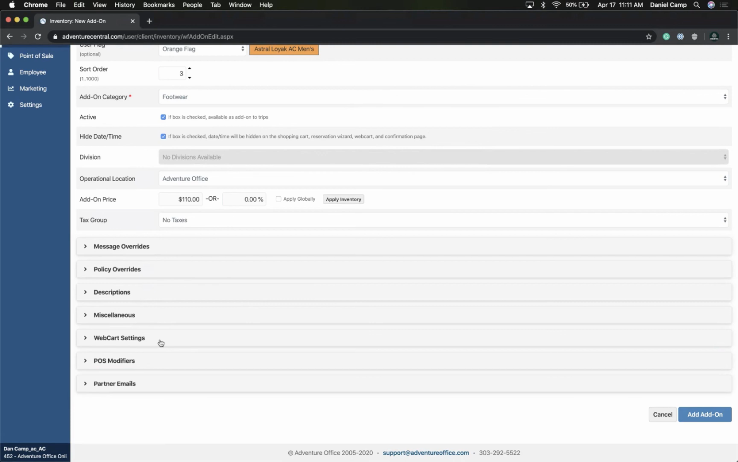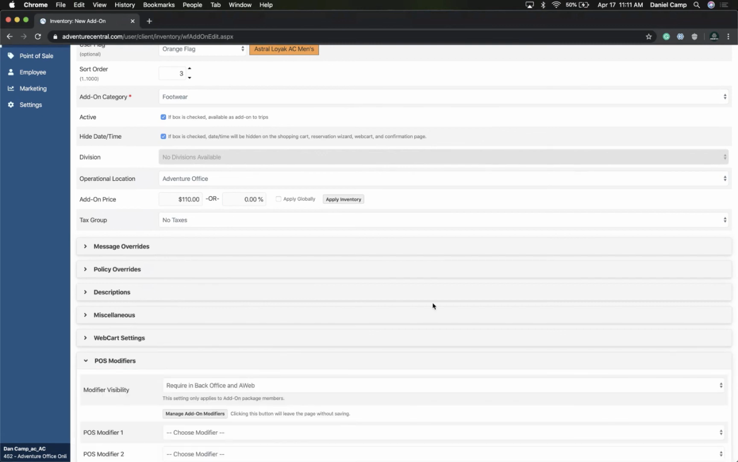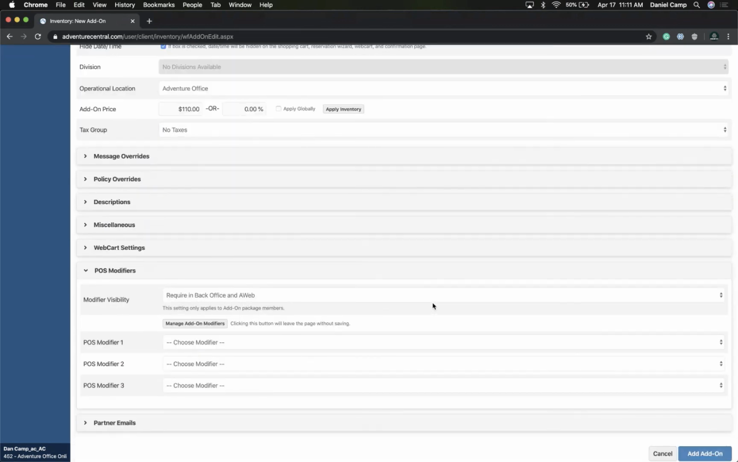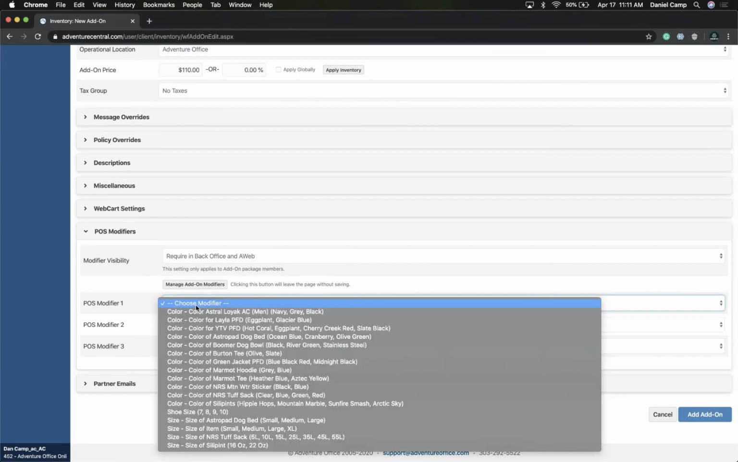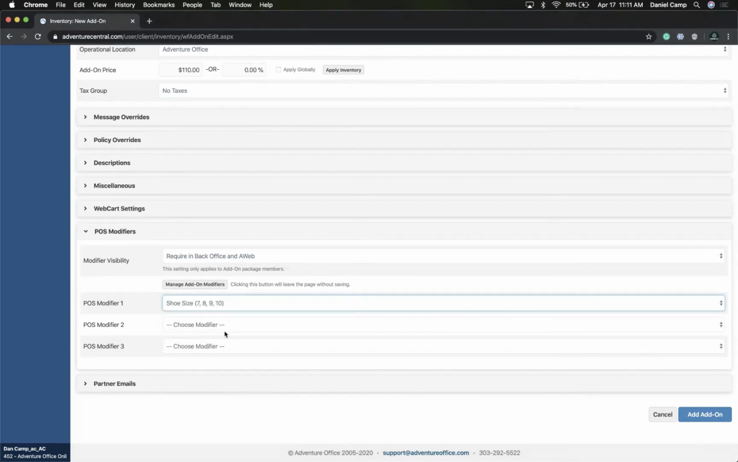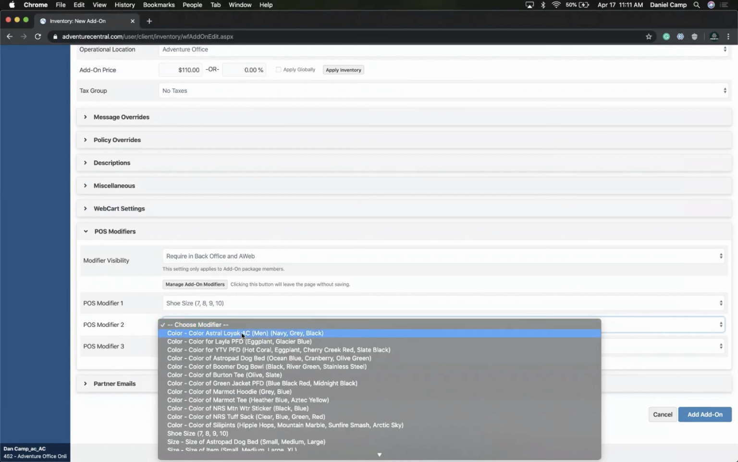merchandise. The next part that I want to cover is the modifiers. These are what we actually set up earlier on the back office side. On these modifiers, I can go in and you can see everything that I've added as a modifier, as an option to add to this inventory item. This one is a shoe, so I'm going to grab shoe size. And then I grab the colors of the Astral Low Yak